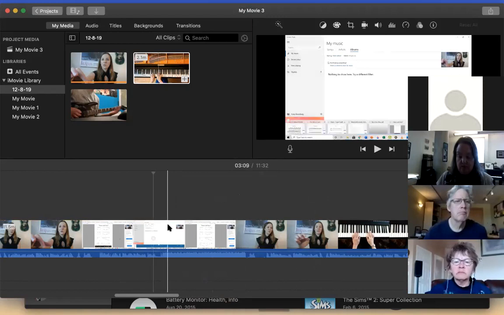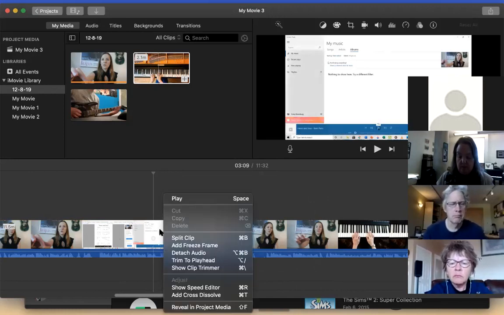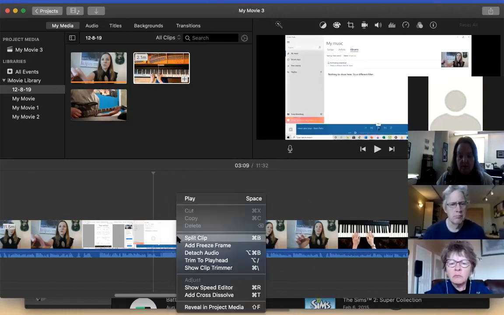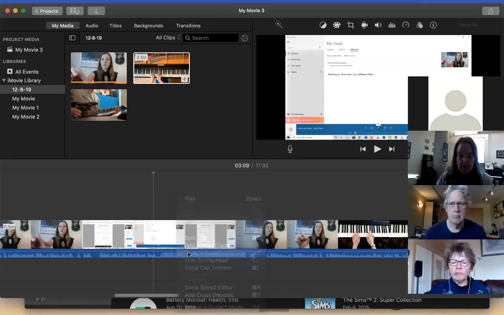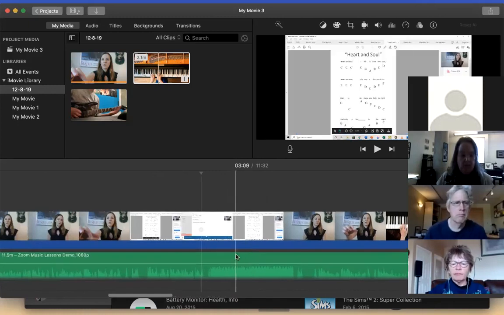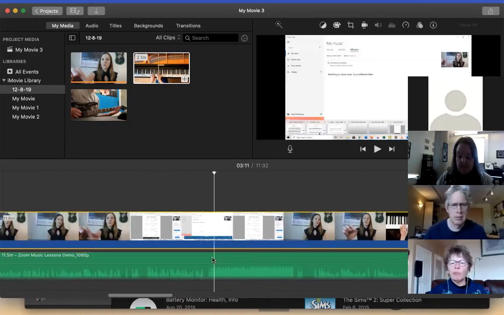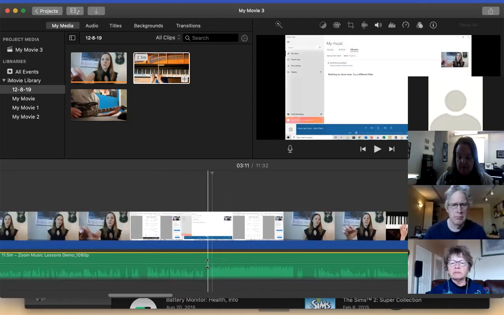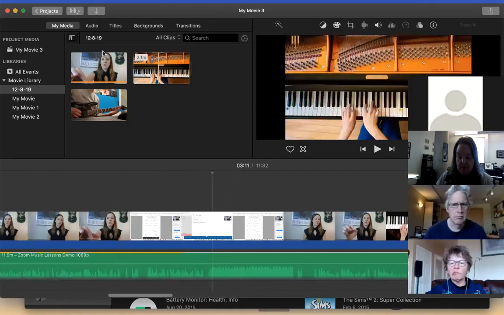So one of the last things I'll cover is how to separate your audio. For example, if you recorded audio with something other than your video, you can do that. If you right click your video here and click detach audio, that will create a green audio bar below it. And so now you can control things about the audio that way. Again, like all of this importing up here, if you had some audio, you can always import audio instead of video up here.